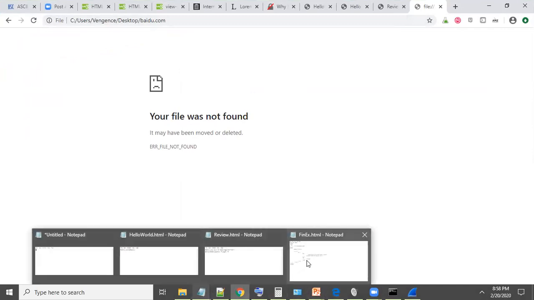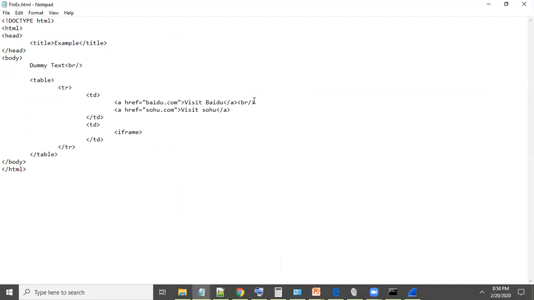Can I see that page again? Yeah. Could you see what I did wrong? No, I don't. Should be HTTP, and the entire thing. Yep. So I forgot to put in the protocol. So always remember to put in the protocol of the website.